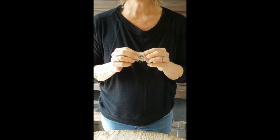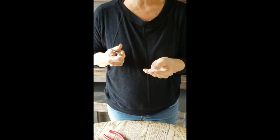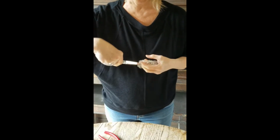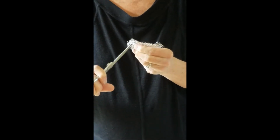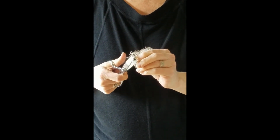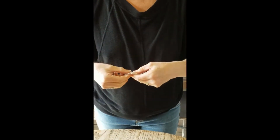The next step is to make a hole for your ribbon. I do that by simply taking a pointy thing. You can use a pen or scissors or anything, and you just force them through into the tangle of wire, and then you just wiggle open a little hole. You do that on both ends. So you have a nice hole,